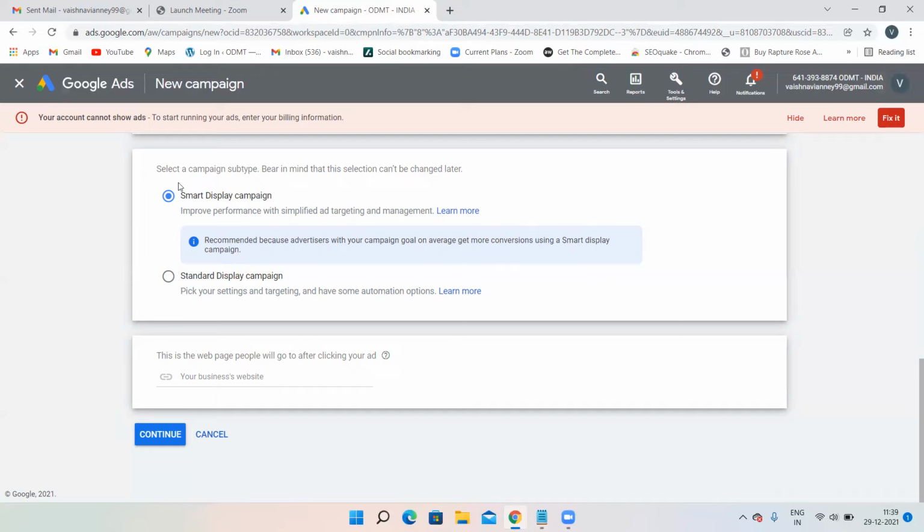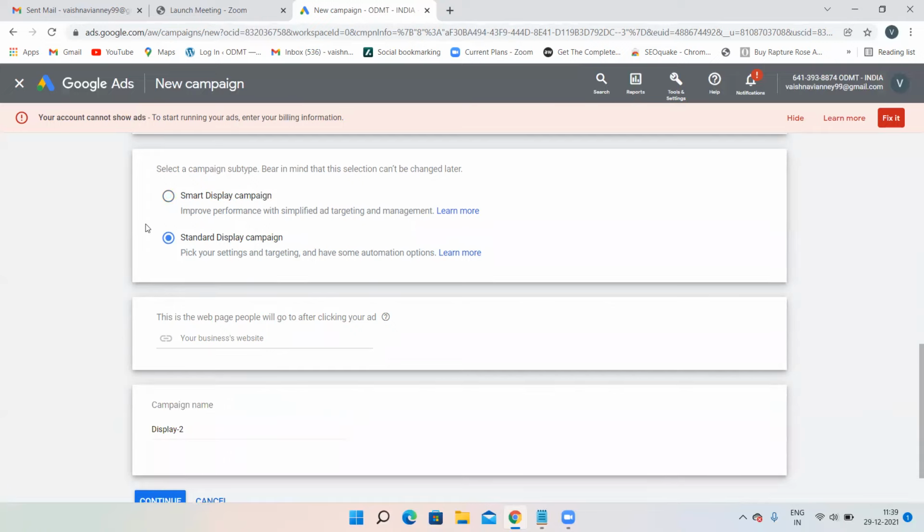By default here, see, yesterday this option was not appearing. Only this option was appearing. It changes from person to person, account to account. So by default, Google is showing the smart display campaign over here. Obviously, what is benefiting them, they will show that only, right? So always uncheck this and click on this particular option. Always go for standard display campaign. Control will be under you only. Google will not take the control.